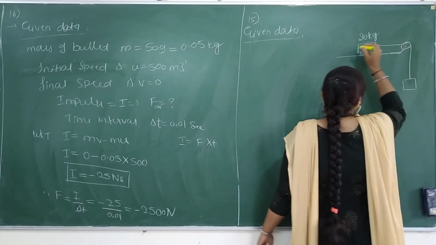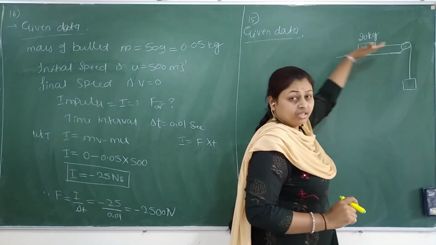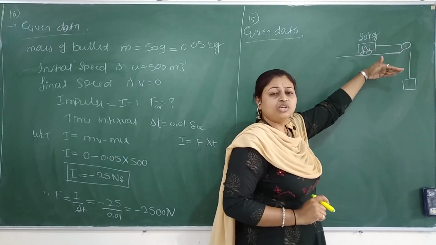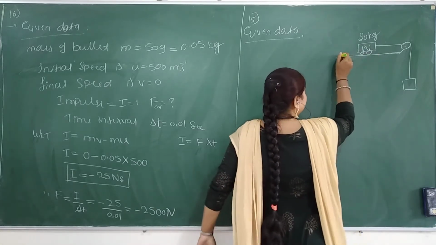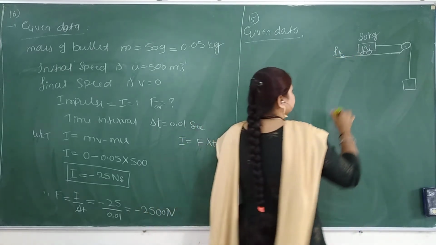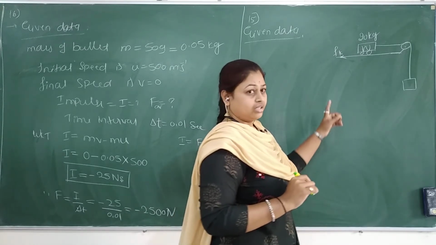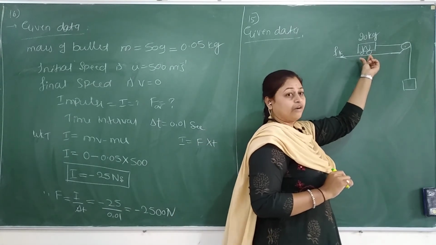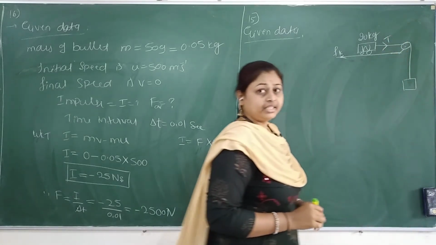Here it is a tension. Now tell me, if block trolley is moving forward, what is the frictional force direction? Opposite, that is left side. This is Fk, kinetic, because trolley is moving. Right. Next, tension. In which direction you are getting tension? Because mass is here, away from this mass, that is T. T is the tension, right?